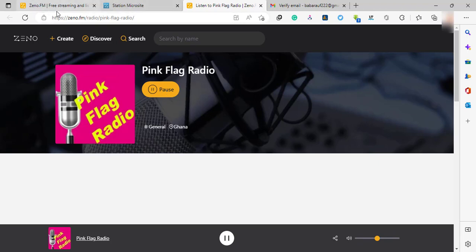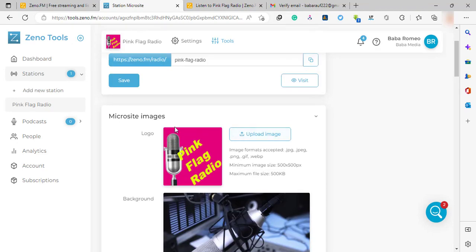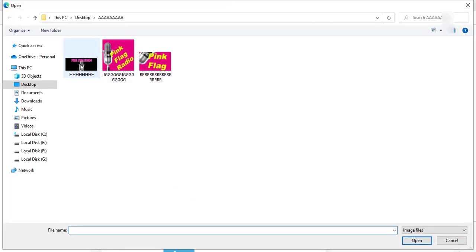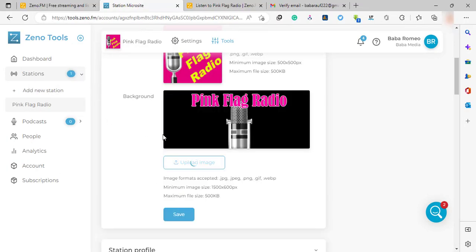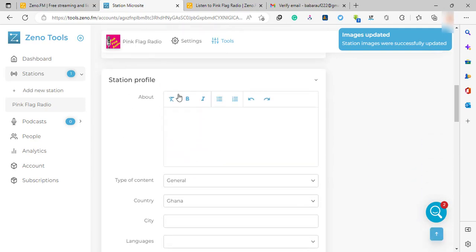So let's go back here and do some settings over here. So now for the logo, it is already here. Now background, if you like, you can leave it like this, or if you like to, you can upload your own background. So for me, I'll upload my own background here, and I'll choose this one, and this is the background image I'm using. And after that, you click on save, and you move ahead, and under the profile, station profile, you are supposed